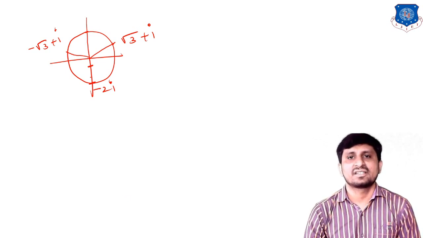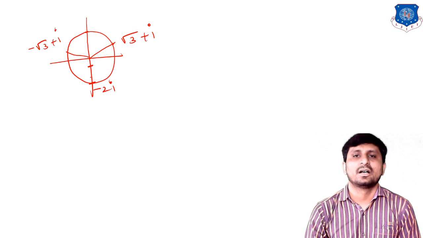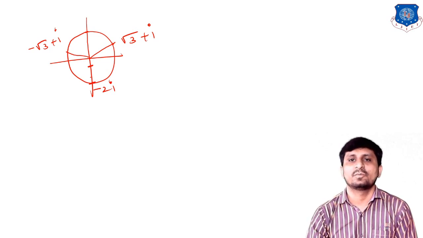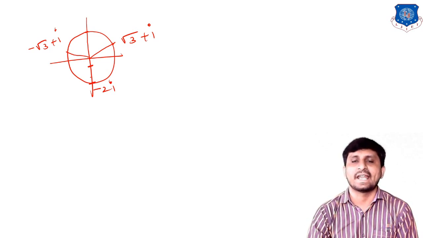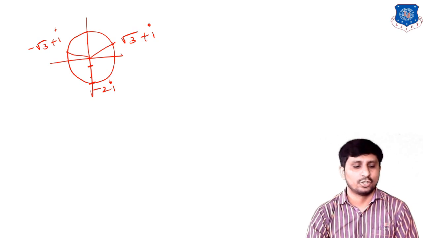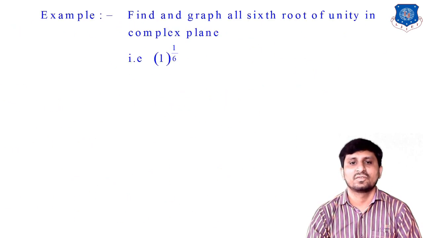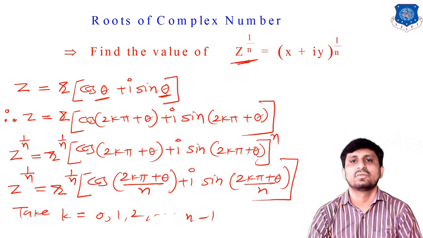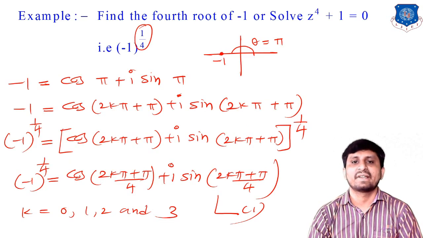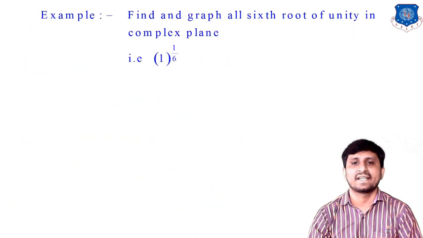So in today's lecture we just discussed how we can find the roots of a complex number, z raised to 1/n, for any complex number. You have to follow this procedure. First of all, let me show you the procedure you have to follow to find any roots of a complex number. So remember all these steps, and after that we solve some very good examples. The first example is (-1) raised to 1/4, and this is our second example. Just try to solve this example.